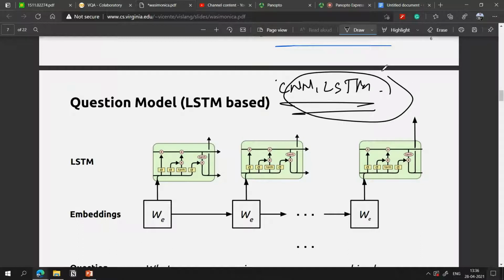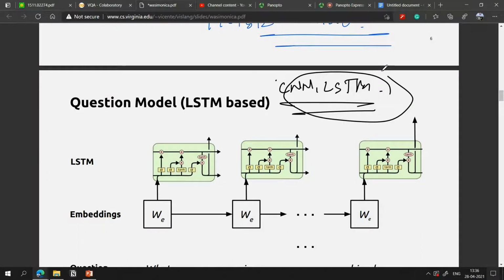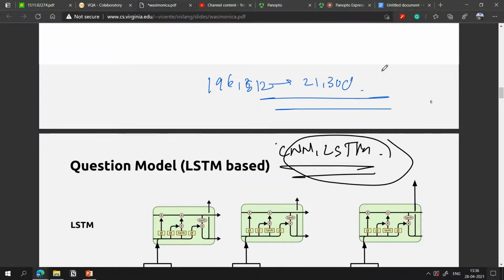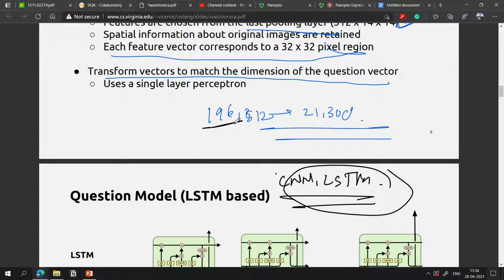So this would bring down the whole content into a smaller dimension, in which each element would represent the feature of the corresponding region. For example, each of these 196 elements represented the feature of a 32 by 32 pixel region. And how did we achieve it?